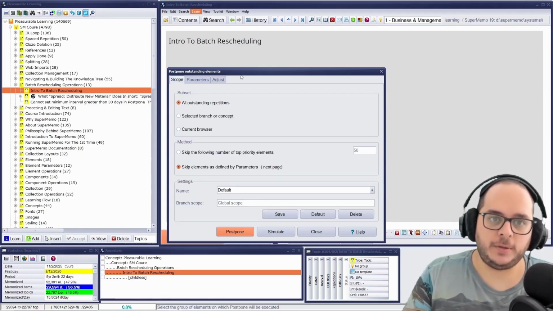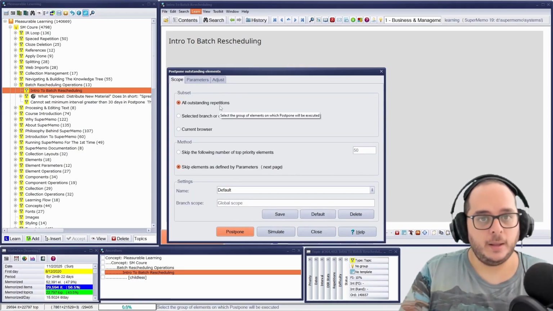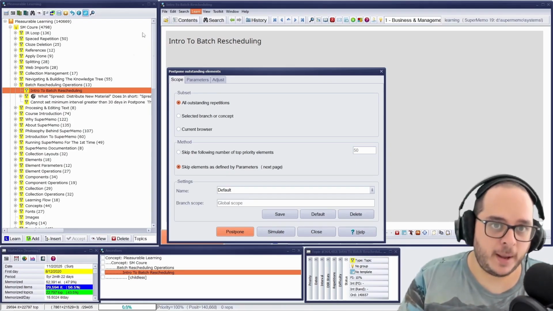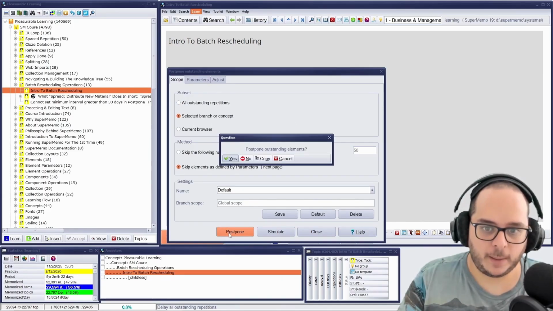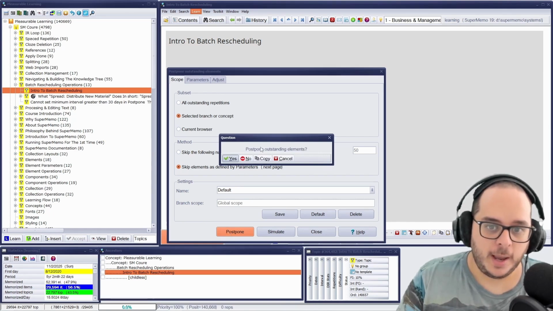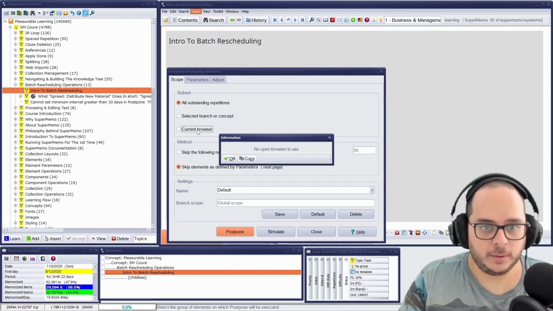We start with the scope. First is what? All outstanding repetitions. Why? What I have done is go to the main menu. I'm not in a subset. What I could do is, no, let me do a subset. But now if I put branch, I postpone, it will still say postpone outstanding elements, my entire one, or current browser.